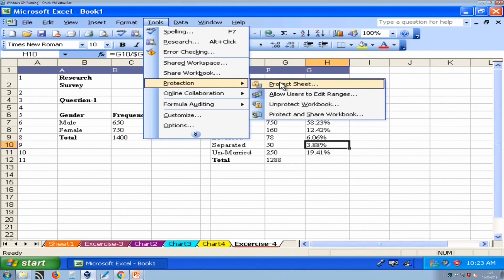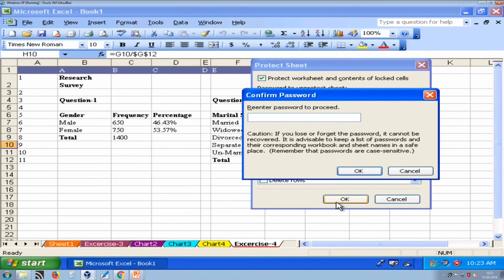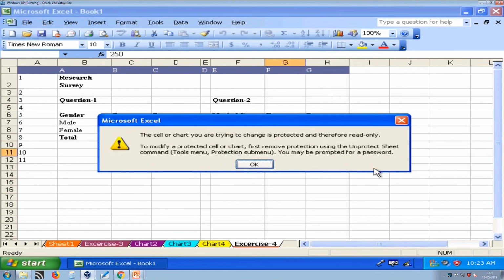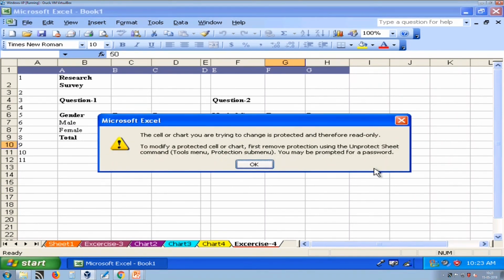Now, we go to protect sheet. We have to re-enter password. Now, if I make changes to this worksheet, it will say that the cell or chart you are trying to change is protected and therefore read only.